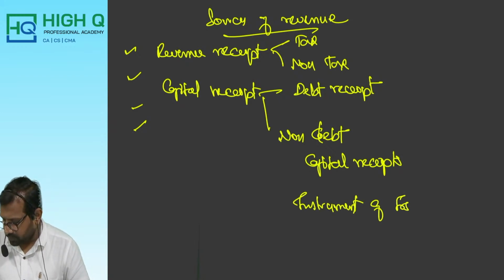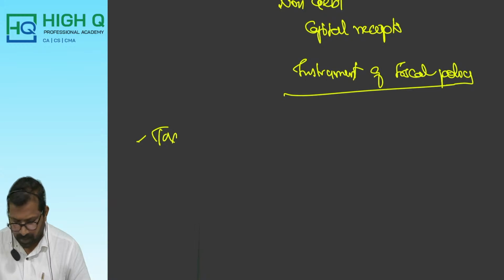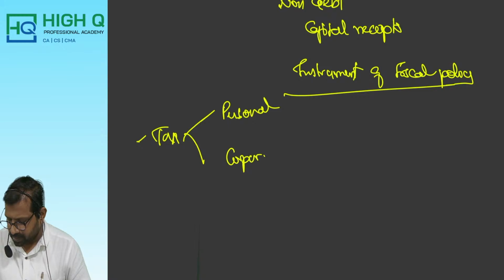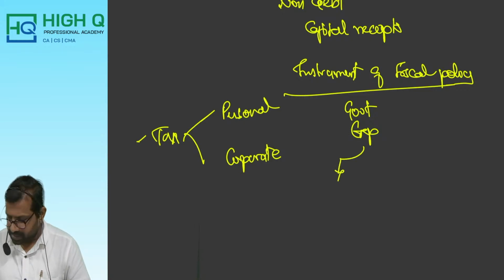Instrument of fiscal policy. Point number one, tax. Tax means, again, there are two taxes. One is personal tax, another one is corporate tax. Next one, government expenditure. Under this government expenditure,